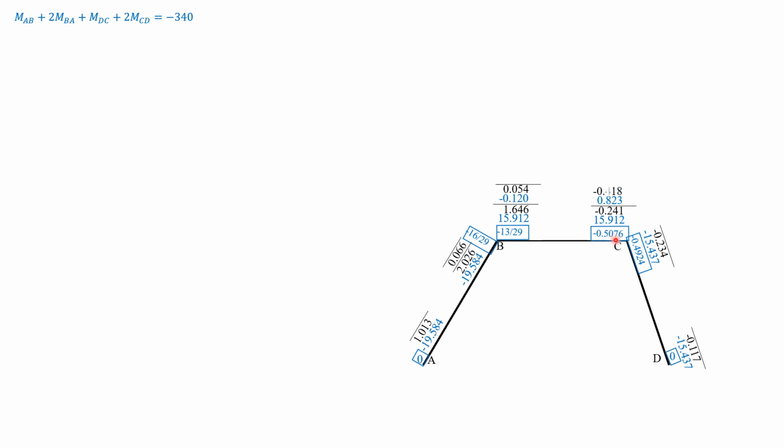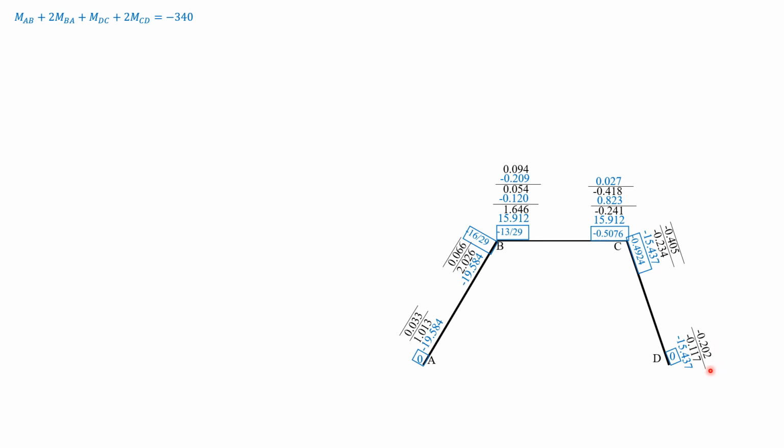0.823 times negative 0.5076, negative 0.418 lakh partially. 0.803 times negative 0.4924, negative 0.405 lakh partially. Then, because this is 0, 0 there, carry over supposedly, but don't mind. Half of 0.066 here, carry over 0.033 lakh partially. Half of negative 0.418, negative 0.209. Half of 0.054, 0.027 there. Then carry over half of negative 0.405 here.